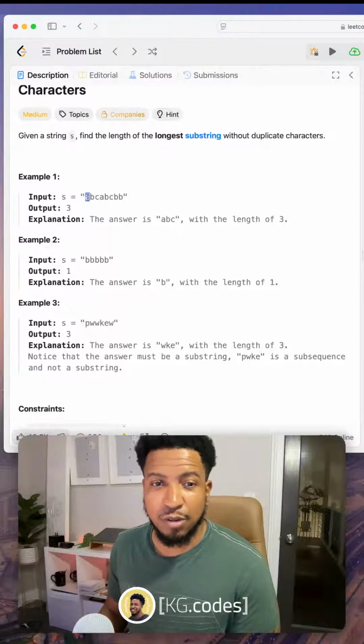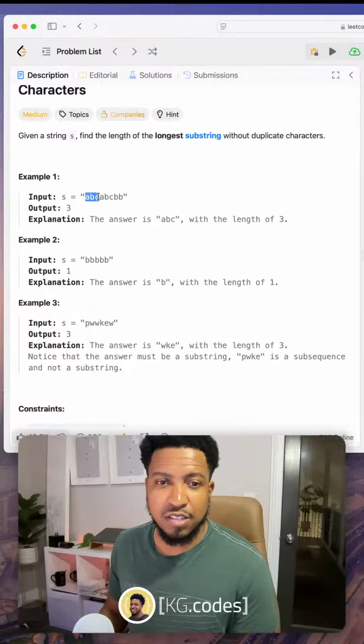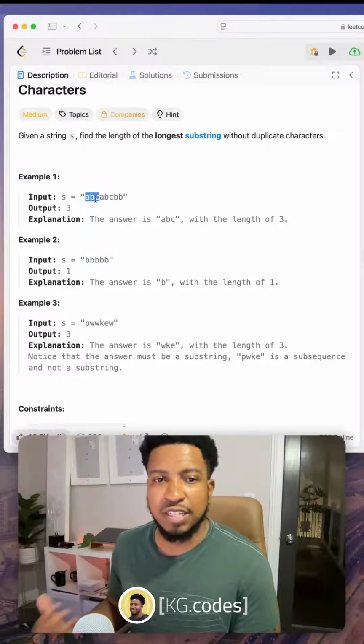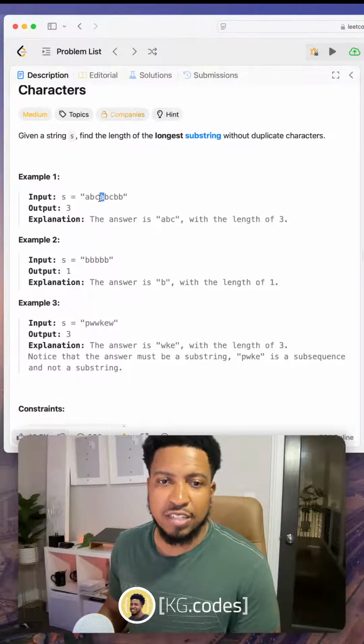So I would go through, I would say I got A, B, C, there's no duplicates. Then I ran into A again, so there's a duplicate. So I know that I at least found A, B, and C. That's a length of 3. And I found that one, and that's my longest one I've seen so far. So I would kind of store that somewhere in my memory banks, that I've seen one with at least 3. But I know when I hit this,